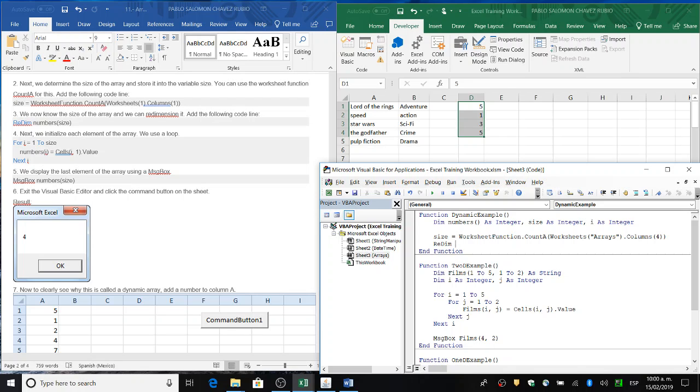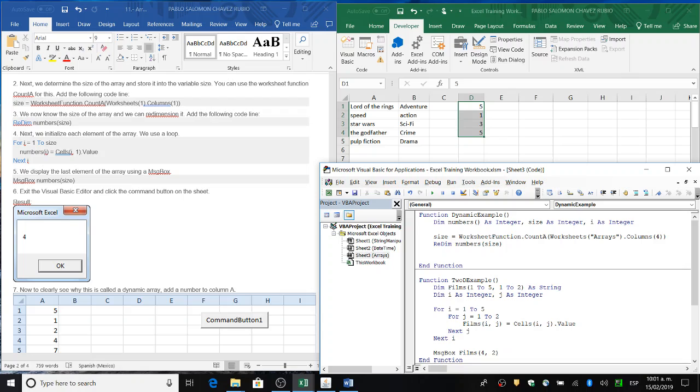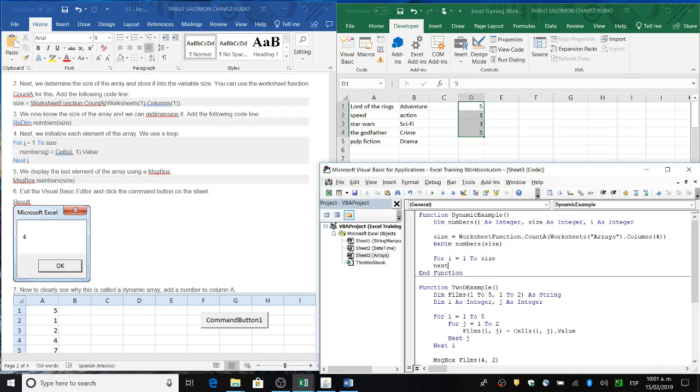Redim numbers, and we are going to use size because we already know how many there are, and we are going to fill it for I equal to 1 to size, next I,